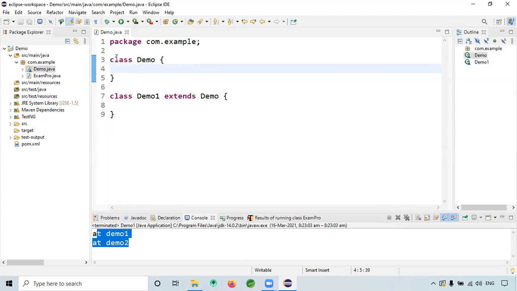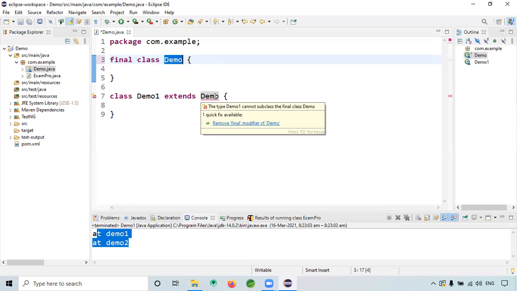But with the class you can have final. See, if it is a class, obviously you can have final, right? So this is possible. With the class, only final and abstract are possible. Static is possible, but not in the case of outer classes. Inner classes can have static. So these are all the important points. If you apply final with the class, you cannot inherit it.